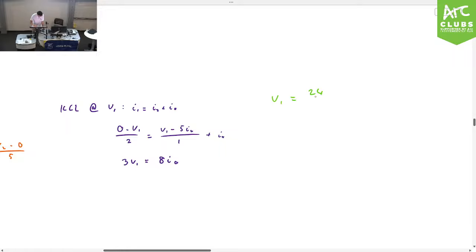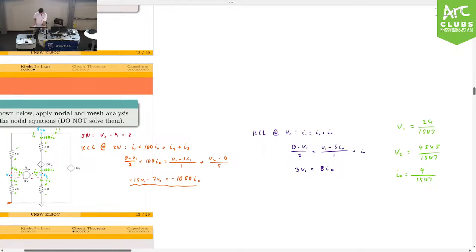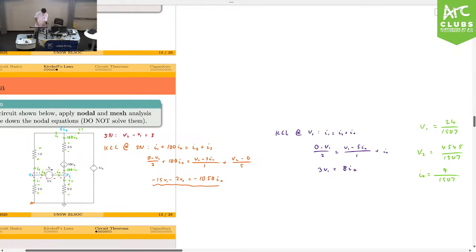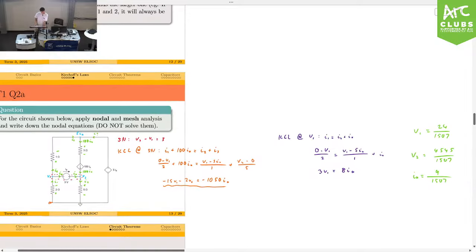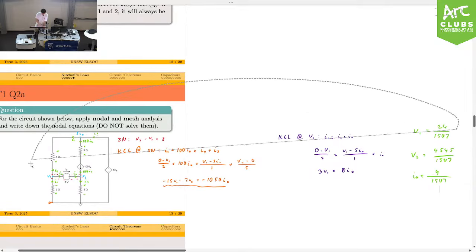V1 is 24 on 1507. V2 is 4545 on 1507. And your IA would be 9 on 1507. Okay? So you can just do that by solving this. Okay, make sense? Any questions? If not,